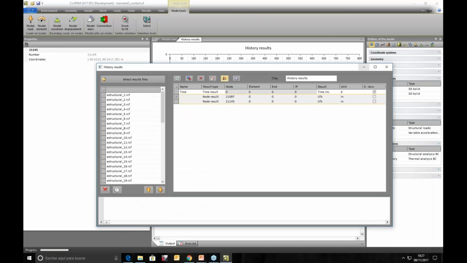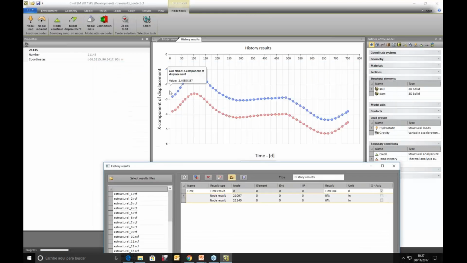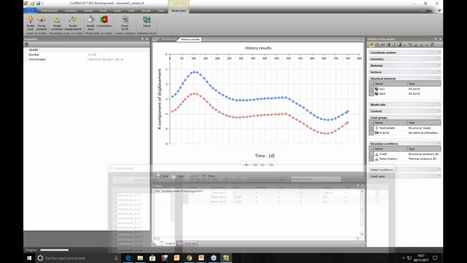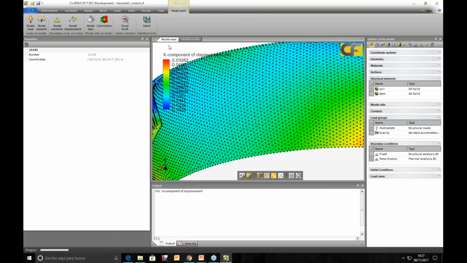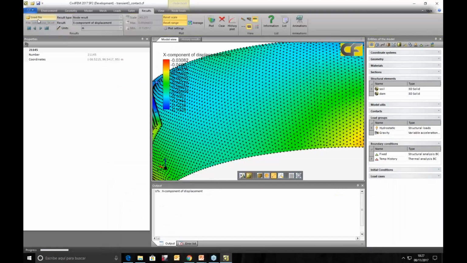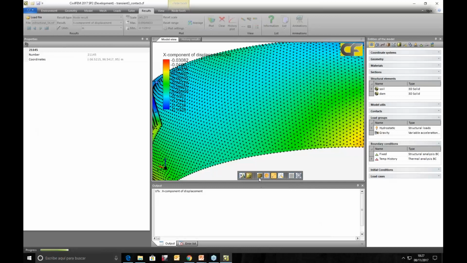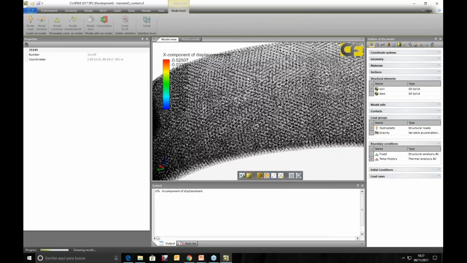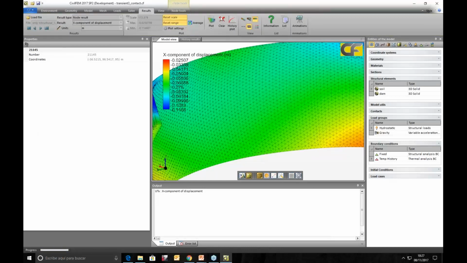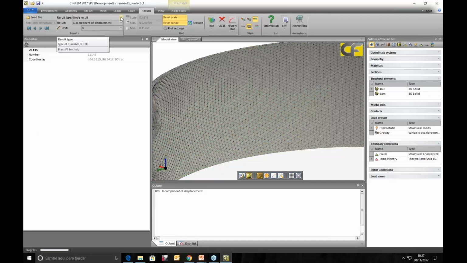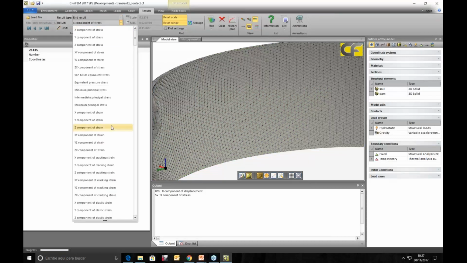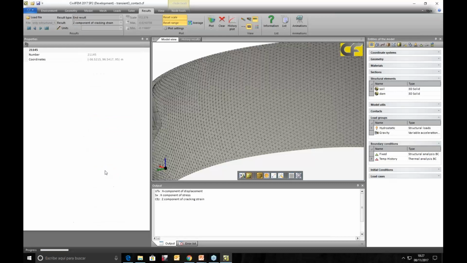Okay, so we can also see the displacements that are generated due to these thermal variations in the model, and also we can see if there is cracking development on the model. So if we load the first result, just as an example, day 1, we are going to check instead of plotting the node style, we can plot for this day the cracking strains in the model,